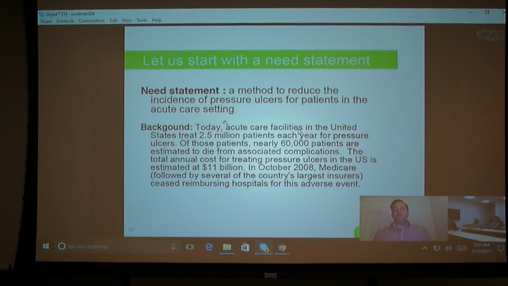So the need is a method to reduce the incidence of pressure ulcers for patients in the acute care setting. To me, that sounds like a good problem, but what does it mean to reduce the incidence? This is where you would focus when you have your need statements: you want to come up with a value or some type of outcome that would be a success if you could check that box. So maybe it's reducing the incidence of pressure ulcers by 50%. I'm just making that number up. But unless you have a need tied to a quantifiable outcome, it's not really a true need statement,